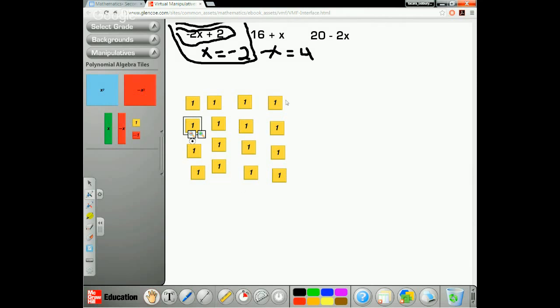Okay, so we have 16 now. And then we're going to be doing 16 plus x. So again, focusing on the fact that we may or may not know the rules or algebra rules right now, the integer rules rather, but we want them to be able to show you exactly what this means. So if I'm saying that x is now equal to 4, I will be replacing this x. I've modeled 16 plus x. I would now be replacing this x with 4. So in the place of this,